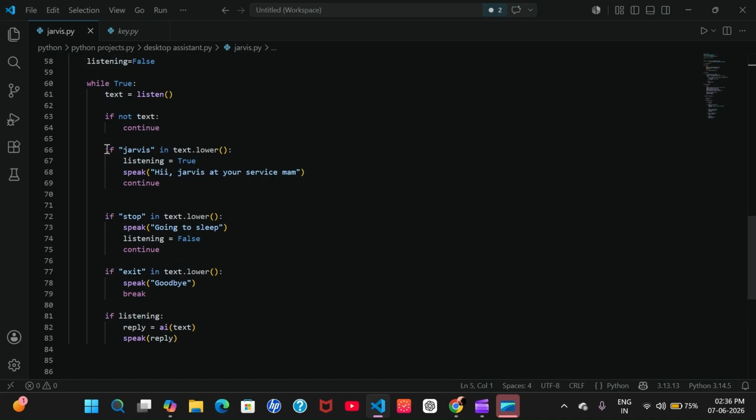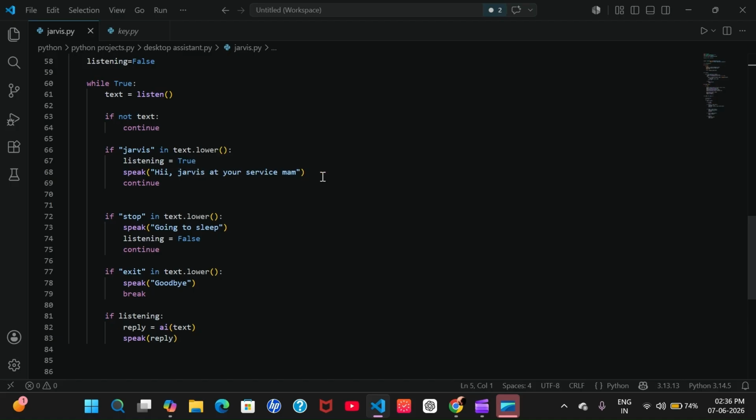Okay, so the next if is: if jarvis in text.lower, which means it will accept all cases, whether Jarvis is in capital or smaller case. So when I say the word Jarvis, it will be activated automatically, and I will set listening equal to True, and then speak hi Jarvis, and it will say, hi Jarvis, at your service, ma'am.